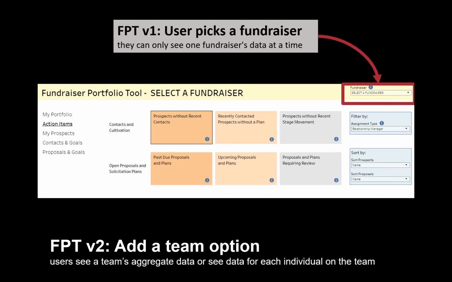And the other thing that we wanted to do in this iteration was apply some of what we'd learned during testing and training the first time around. We had sized our dashboards to fit our standard user's laptop monitor. But what we learned during training and testing was that most of our users do not expand their web browser to fit the entire screen. They multitask. So we can't actually use all of that potentially usable space. So we had to make some decisions about getting rid of either the left navigation or the filters to be able to give them something that would display right when they went to use it.